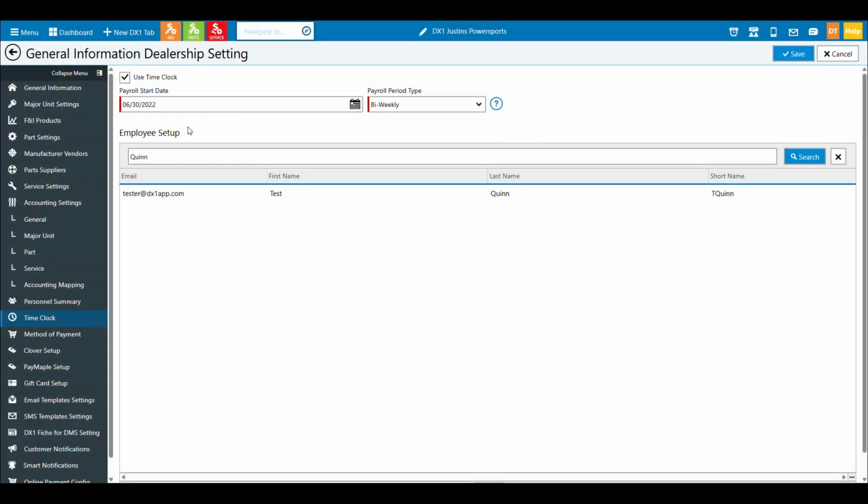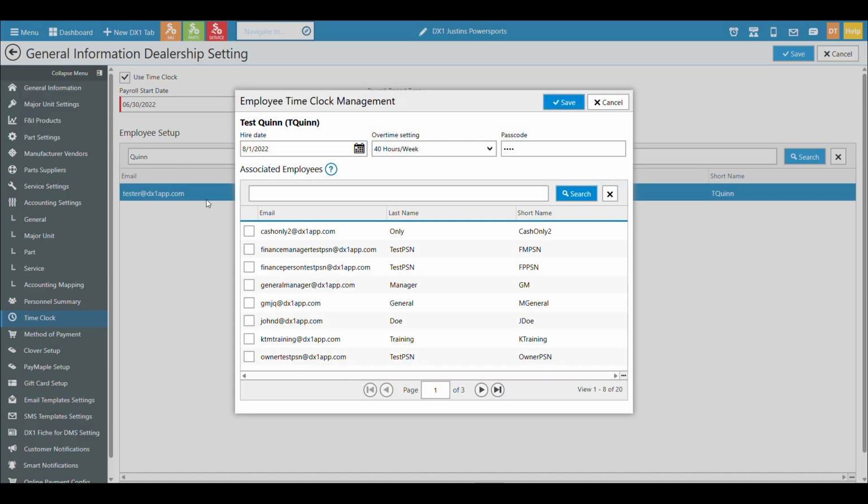And then you can come in and you can search an employee that's an active user. In this case, I've searched for an employee. I found one. I can highlight their name. Now, what I'm doing here is setting their hire date. They're setting their 8 hours a day, 40 hours a week, both of the above, none of the above. In this case, let's say both of the above.